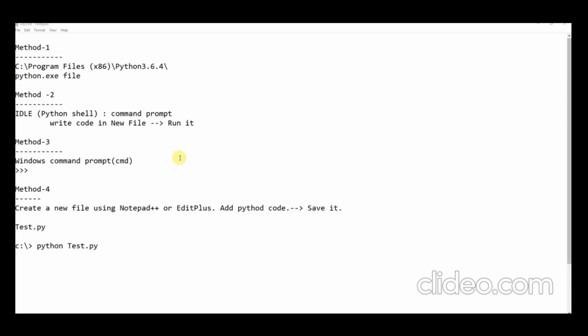Suppose you need to immediately verify whether your code is working fine or not. In those conditions, you can use Python online compilers. There are n number of compilers available online. If you go to Google and search for Python online compilers,